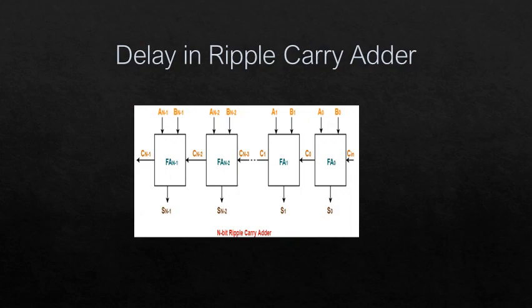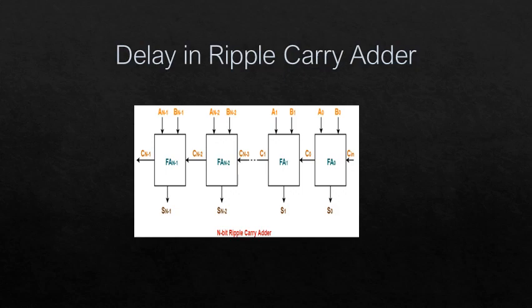This is considered to be the biggest disadvantage of using a ripple carry adder. Now let us discuss the delay in a ripple carry adder. You will be given the carry propagation delay and sum propagation delay of each full adder, and you will be asked to calculate the worst case delay of the ripple carry adder. If it is asked, you have to follow the procedural steps that I am going to tell.